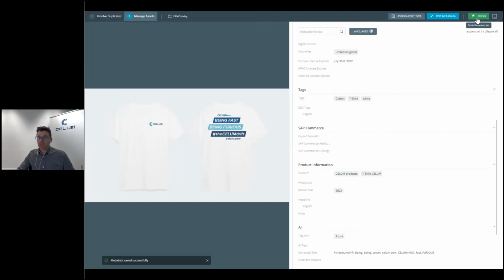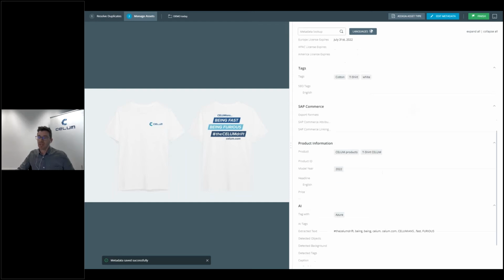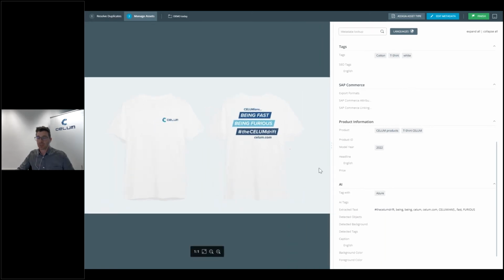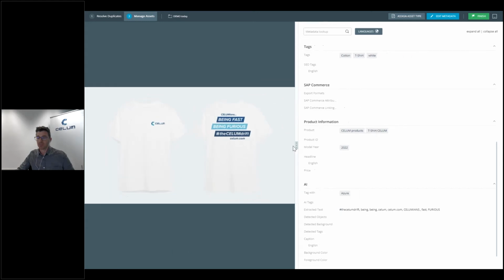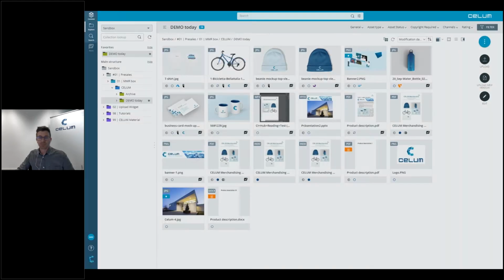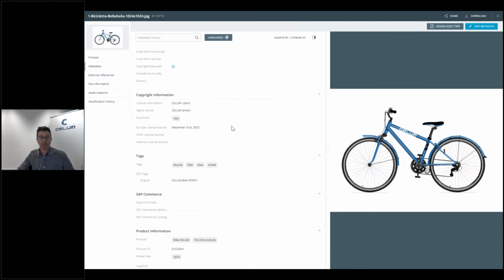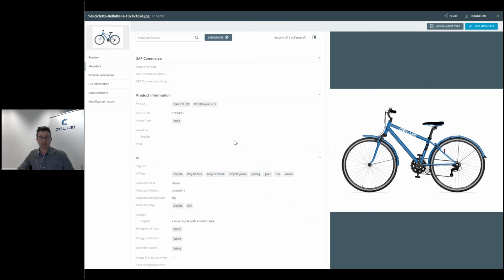So if I click to save, we already have here an example of our CELUM extract text for this picture. For our t-shirt, we see we have our text already saved. And we can also see another example of an asset that I already prepared with description, content owner, rating, and also other keywords and tags that we have from AI. So in all that